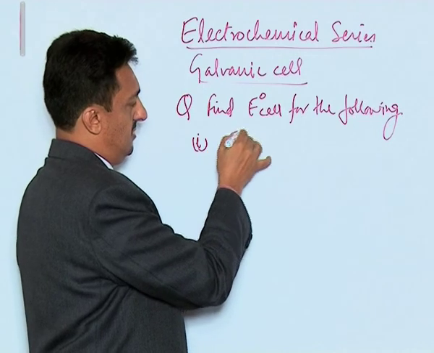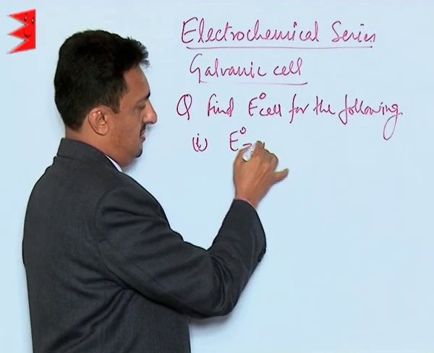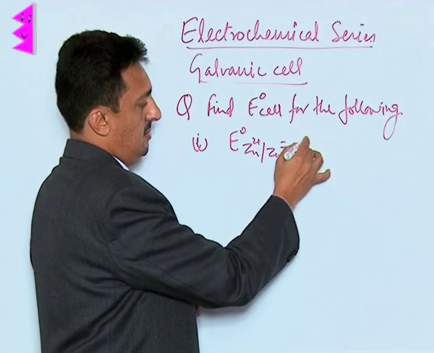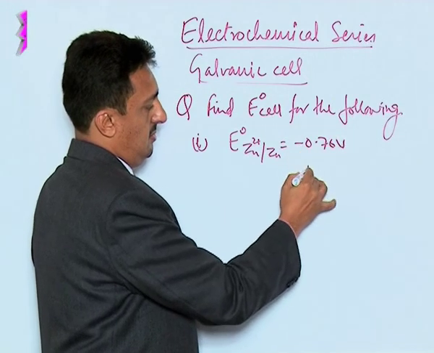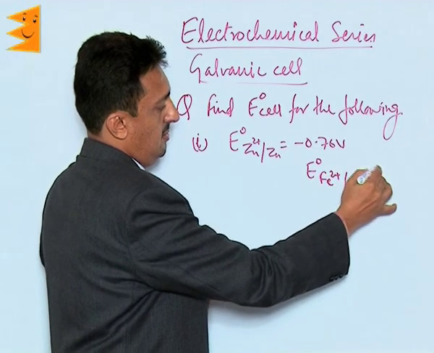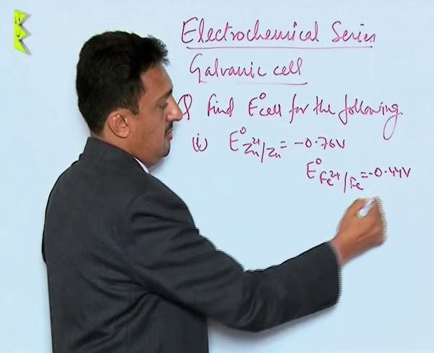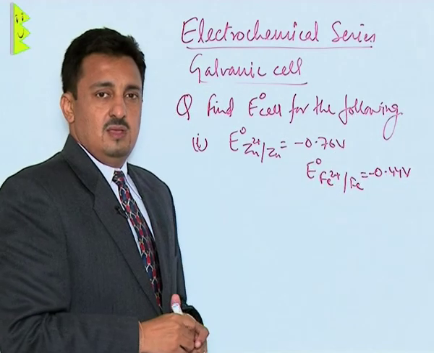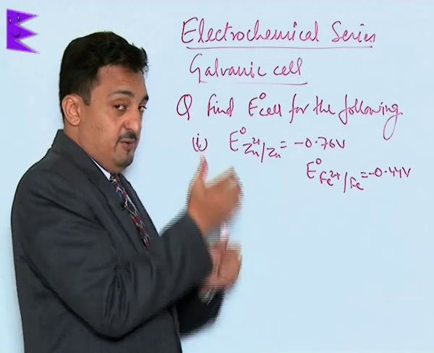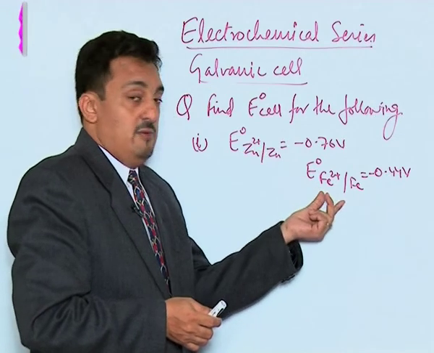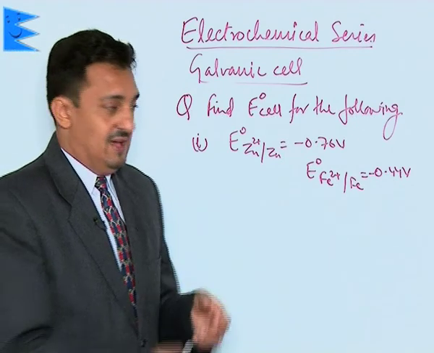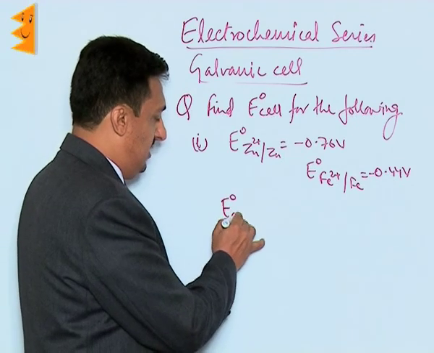The first is, we are given these two electrodes with their E0 reduction values. Before moving into the formula, if these values are given in the form of oxidation, we will definitely convert them into the reduction form, so that we can easily use them in the direct formula. We know when we connect these two,